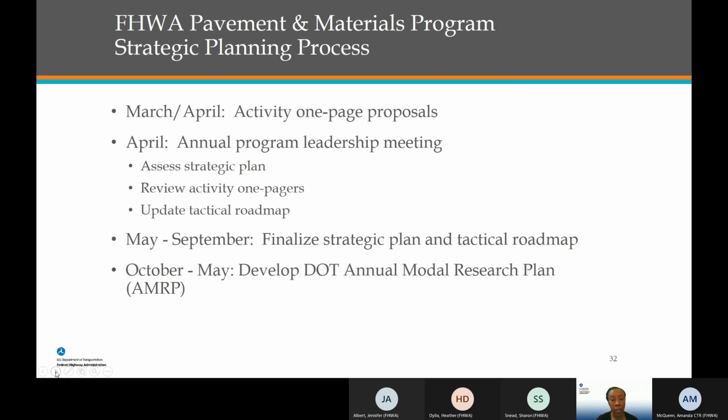That information is submitted, and it is included as part of the DOT's annual modal research plan. That is a plan that DOT works to publish every year that provides an overview of key department research and deployment activities, and some information on the funding that's used to support that. Next slide.